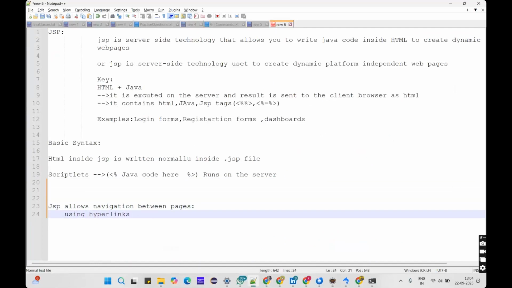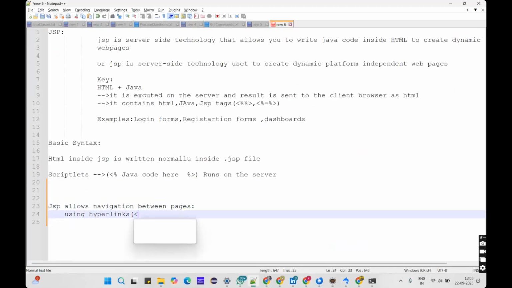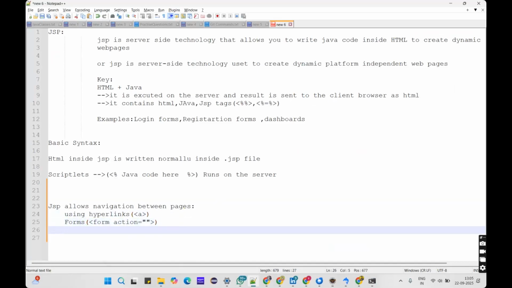If anybody knows HTML, they are well aware of hyperlinks, which are nothing but anchor tags. And we have forms in JSP. In the form we have the action attribute. By using the action attribute also, we can navigate to different pages, and we also have the request